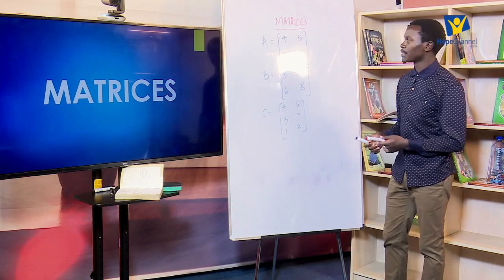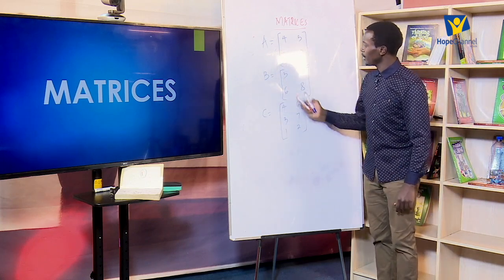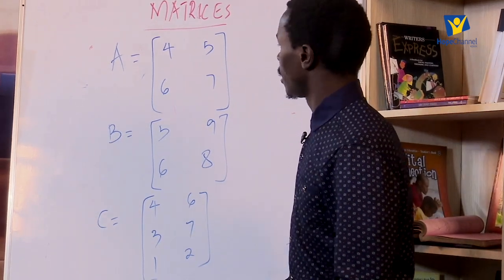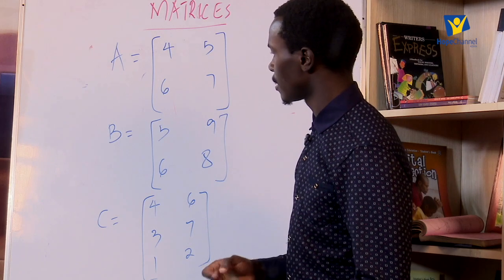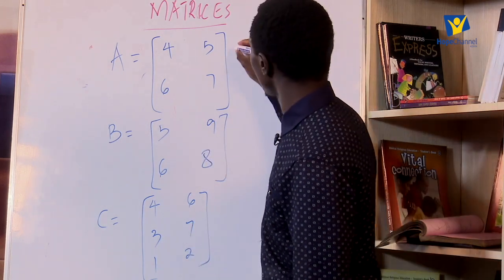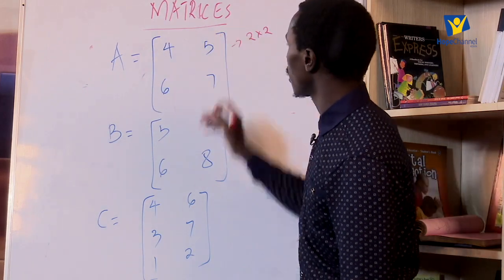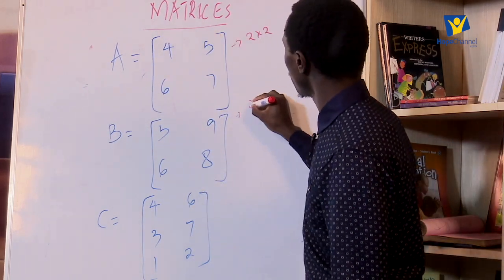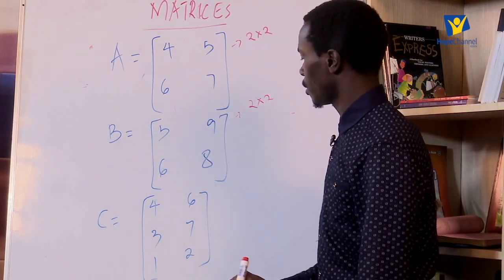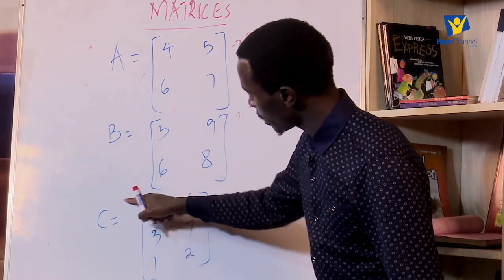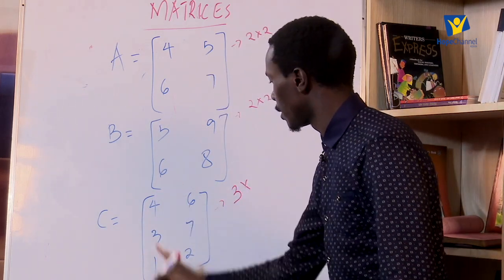Now look at those 3 matrices. There is A, which is 4, 5, 6, 7, and then B, and then we have C. Look at their orders. Be sure you can say the orders of A, B, and C. The order of A is 2 by 2 because it has 2 rows and 2 columns. B is also a 2 by 2 matrix because it has 2 rows and 2 columns. But look at C. It has 1, 2, 3 rows, and therefore its order is 3 by the number of